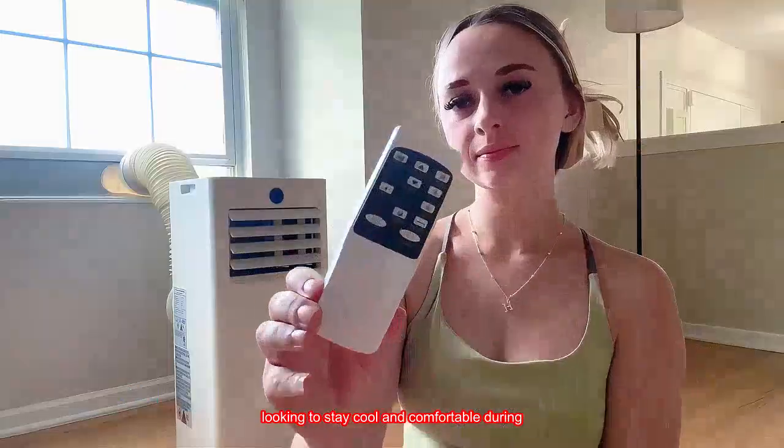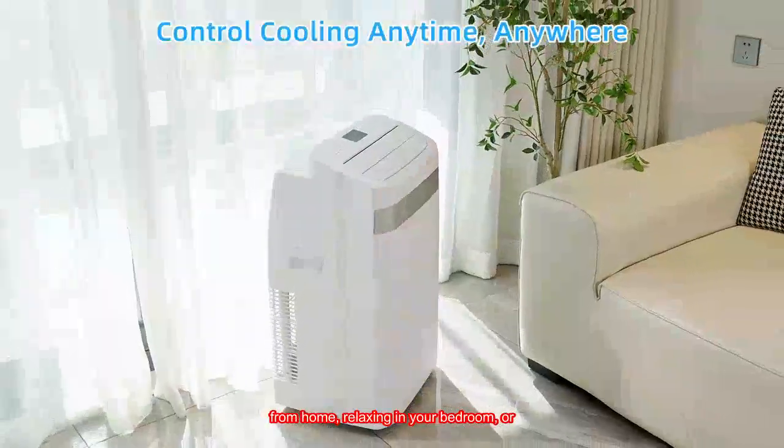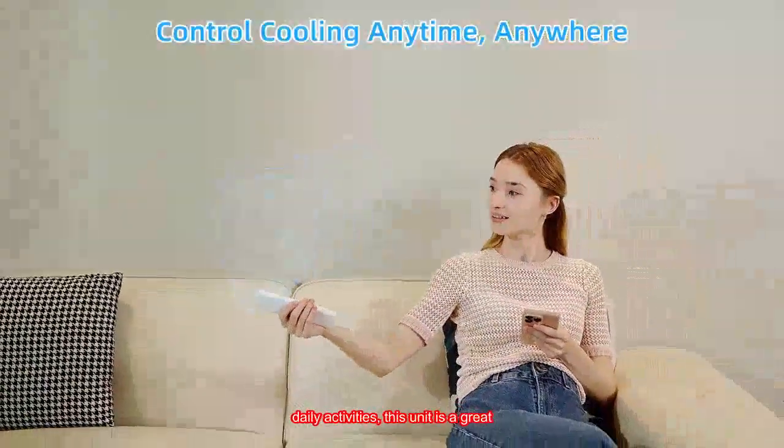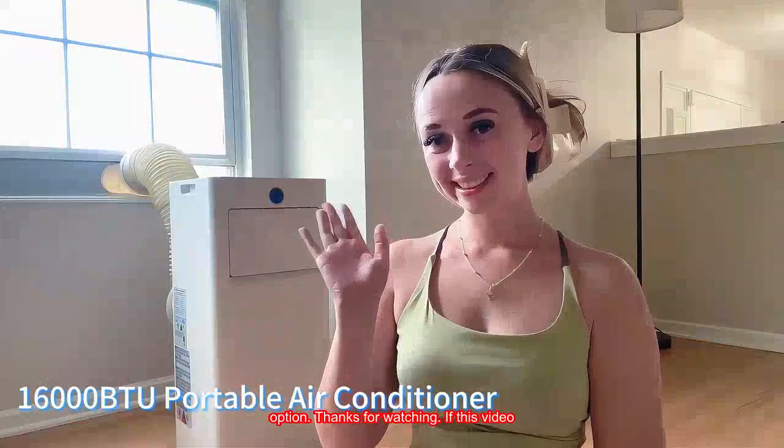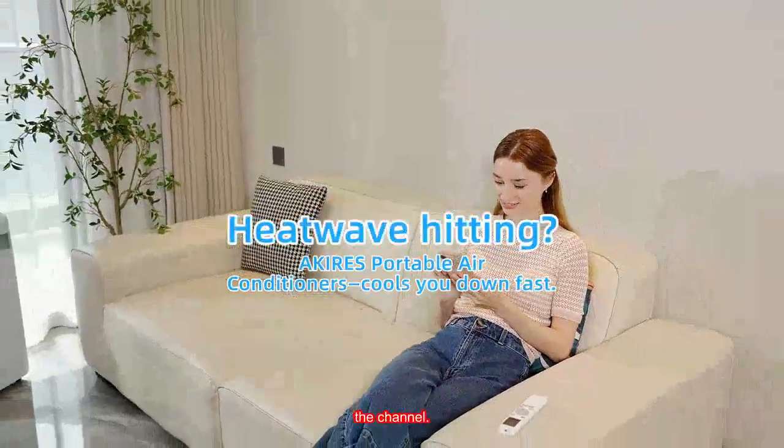It measures just 13.7 inches in length, 12.8 inches in width, and stands at 34.84 inches tall, weighing only 48.5 pounds. The smooth 360-degree casters and hidden handles make it easy to roll from room to room, whether you need it in the living